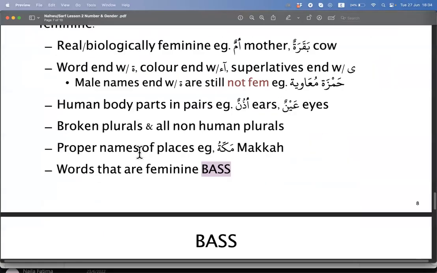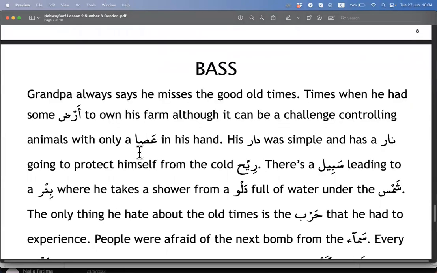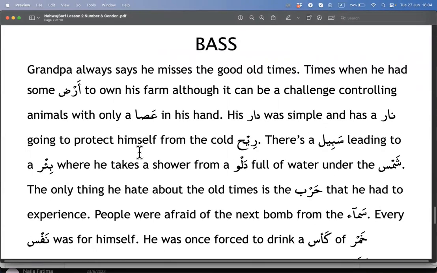Now about this story, I don't know if you remember this. Yes, I remember. Okay, let's go through the story and then we'll see if you can translate all the Arabic words. So grandpa always says he misses the good old times, times when he had some art. What is art? In the Quran, we say as-samawati wal ard. What's that? Land. Okay, earth, land. Some land to own his